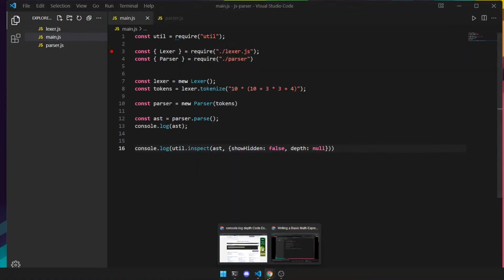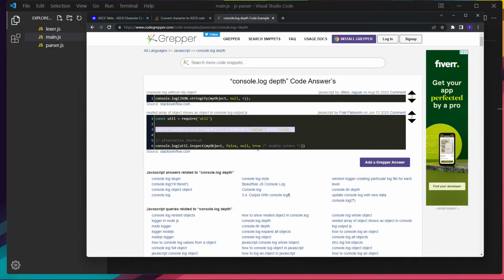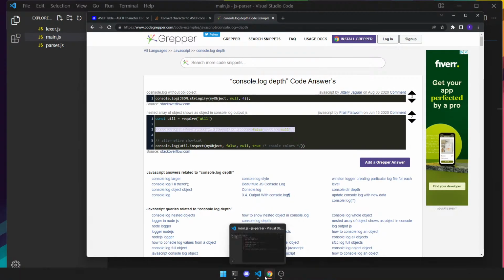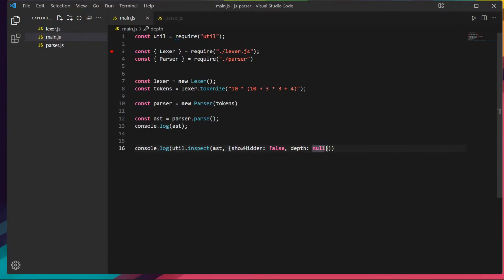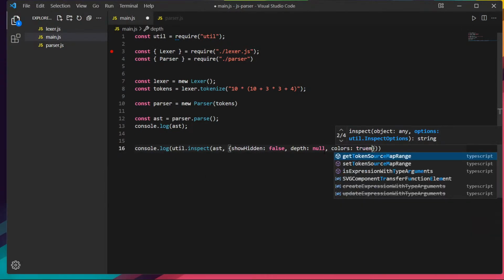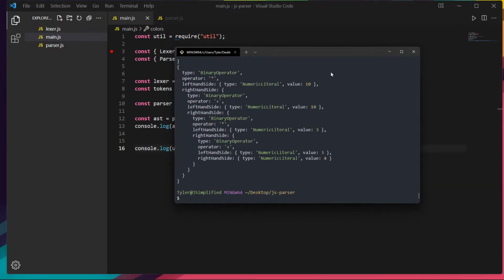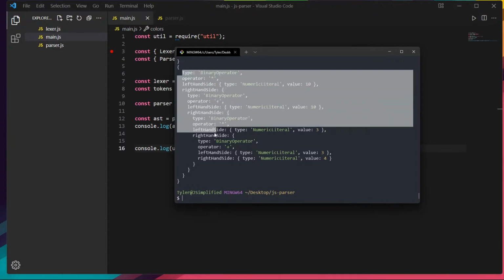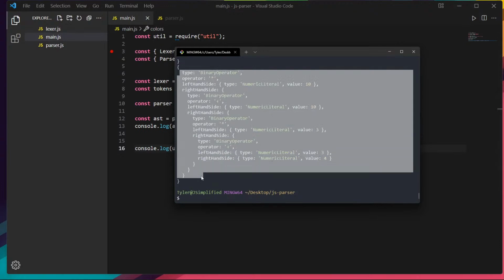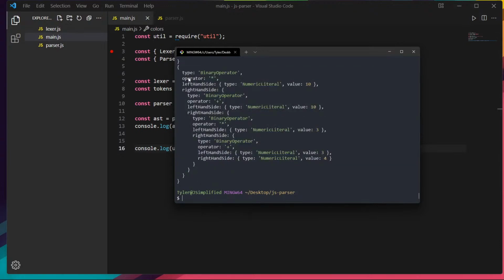So what I'm going to do is true to enable color. So it looks like depth, false, null, and true. Okay. Nice. So we can see that now we have this pretty interesting kind of thing where we have this right-hand type recursion, right? Where we have our binary operator, right? The left-hand side is the value 10,